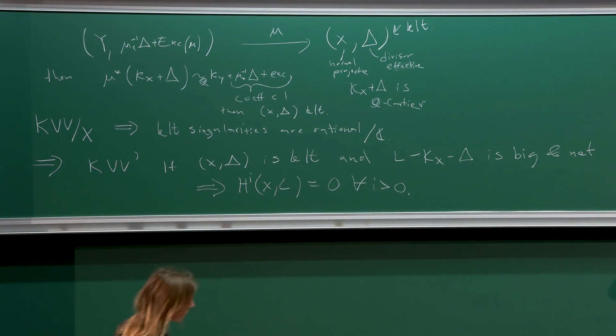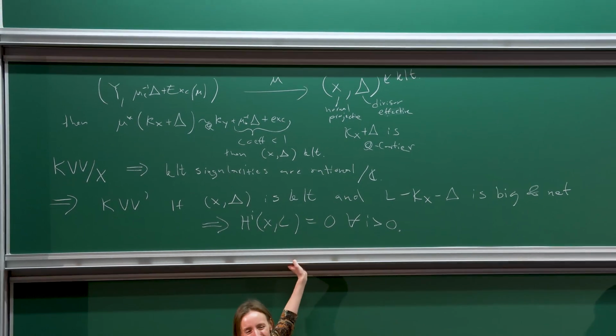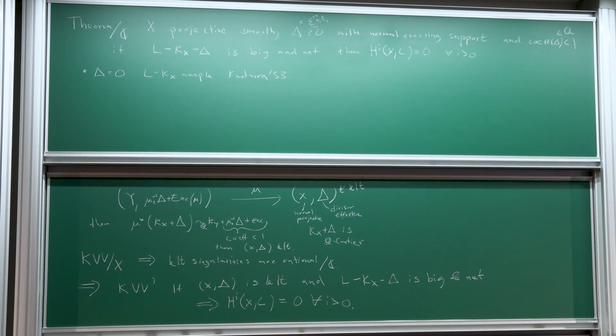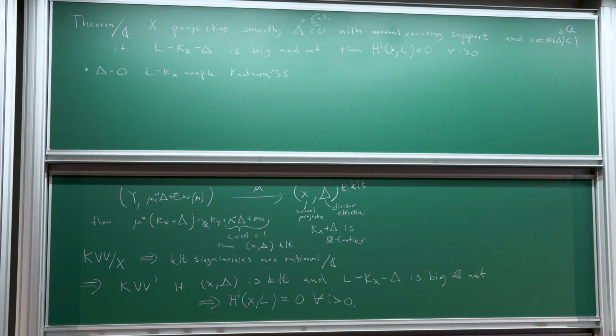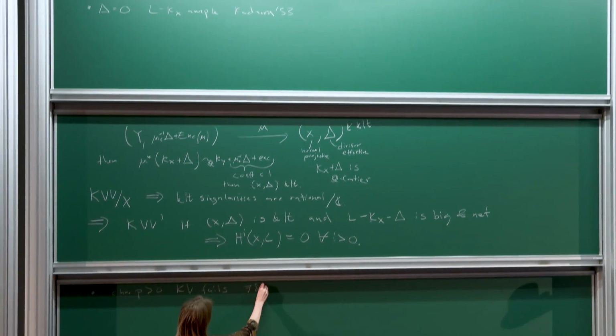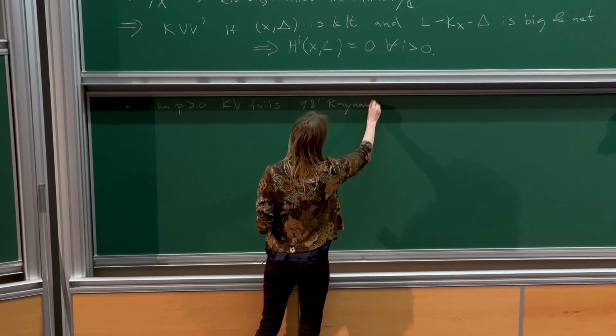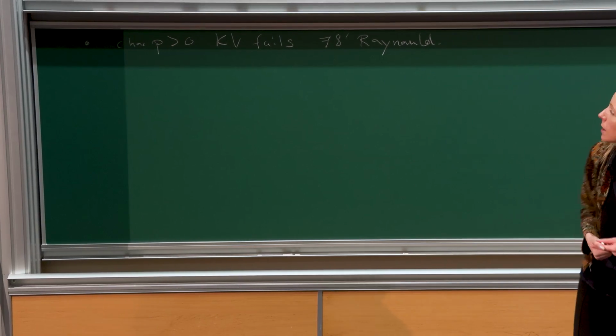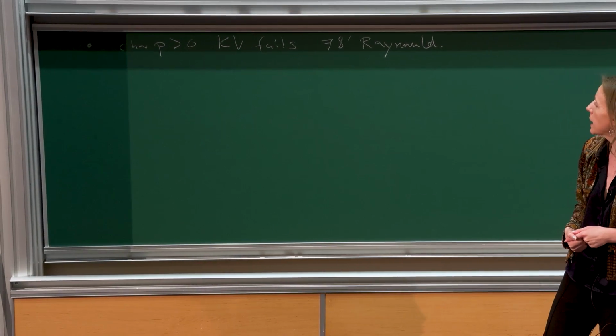Okay. So now, of course, we will discuss what happens in positive characteristic. In positive characteristic, very famously, we do not have these vanishing theorems. Kodaira vanishing is not true already for smooth surfaces. This is very famous, and in characteristic p, Kodaira vanishing fails, and the first examples of this were due to Raynaud. Okay. So the examples of Raynaud were surfaces of general type,